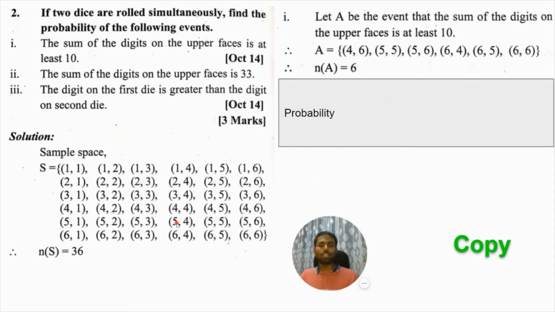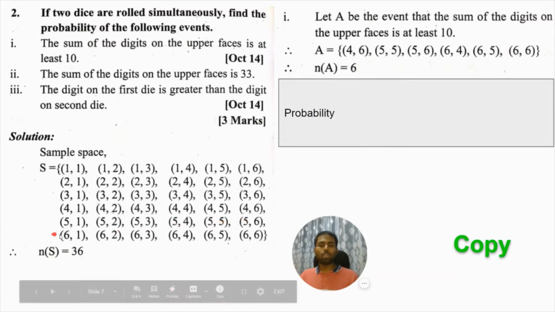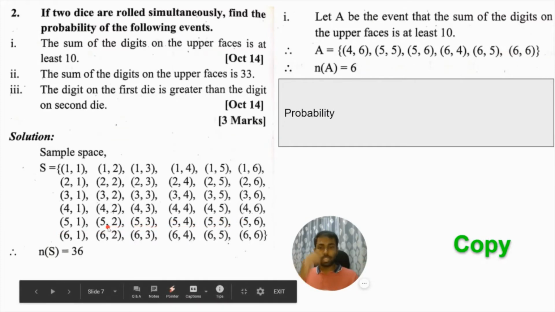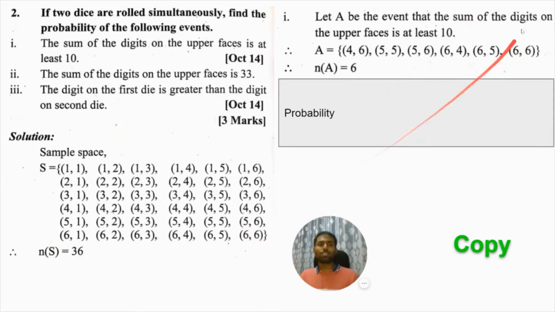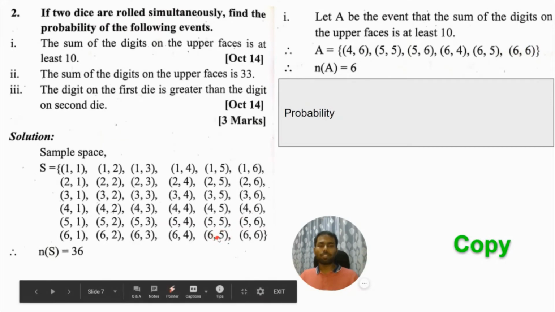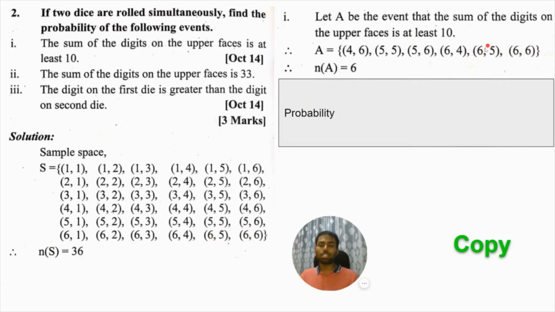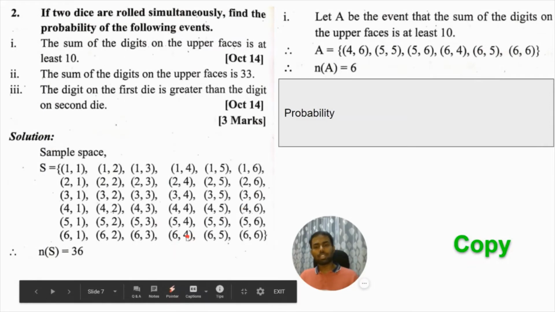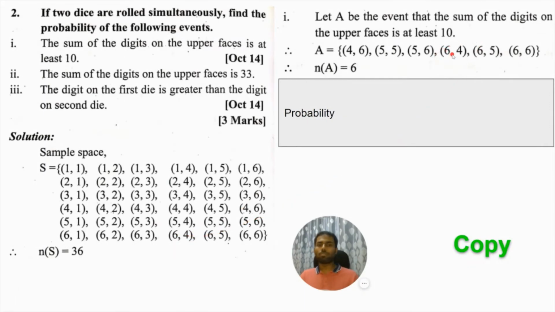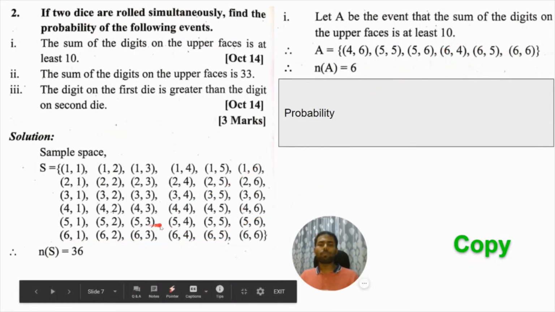Next 5 plus 4 is 9, तो यानी अभी फिफ्थ रो में और कोई भी नंबर को ऐड करके 10 नहीं आएगा। लास्ट 6 plus 6 is 12, so 6,6 भी लिख दिया। देन उसके लेफ्ट में 6 plus 5 is 11, तो उसको भी लिख दिया क्योंकि वो 10 से ज्यादा है। 6 plus 4 is 10, so उसको भी लिख दिया 6,4। so बस इतने ही होंगे और कोई नहीं होगा।